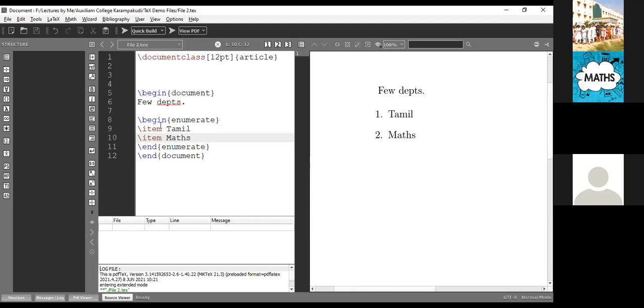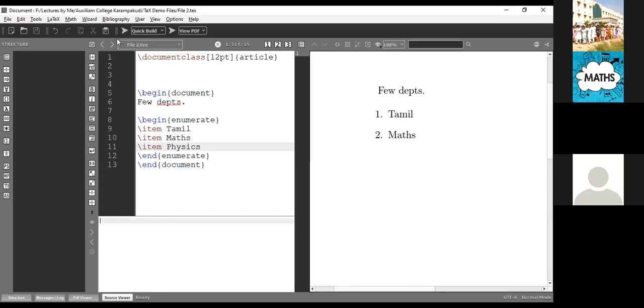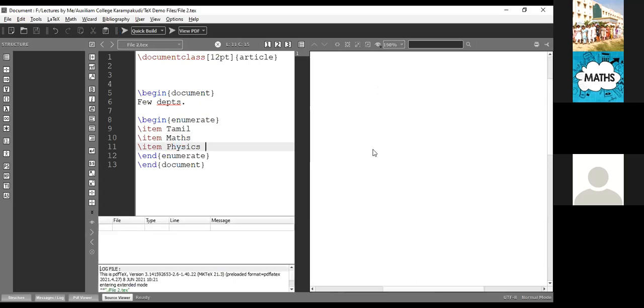I didn't mention anywhere the numbers 1 and 2; they are created automatically. Once again I'm going to create another department, physics. I run this file; automatically the next number, 3, will appear for physics.